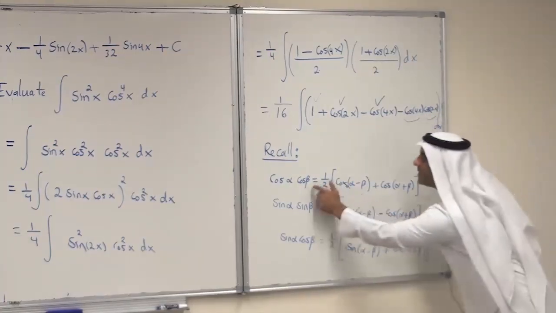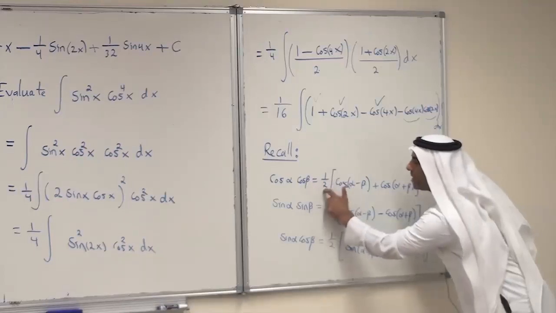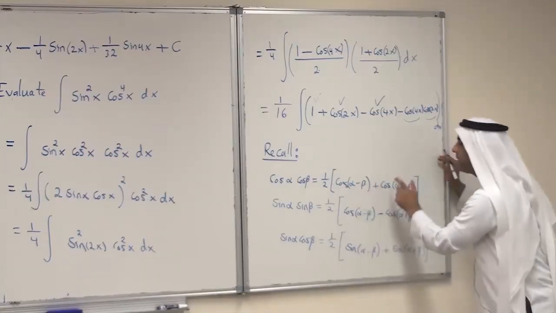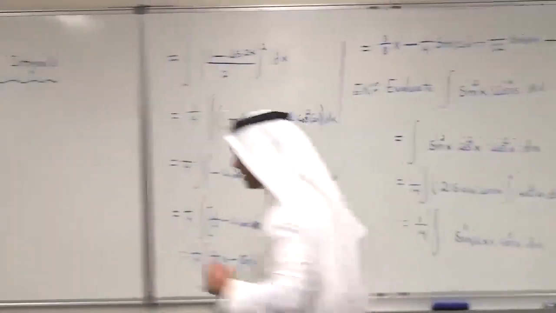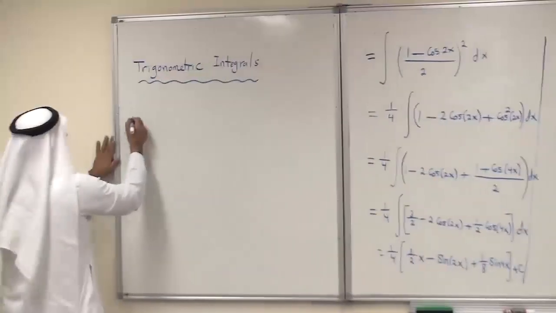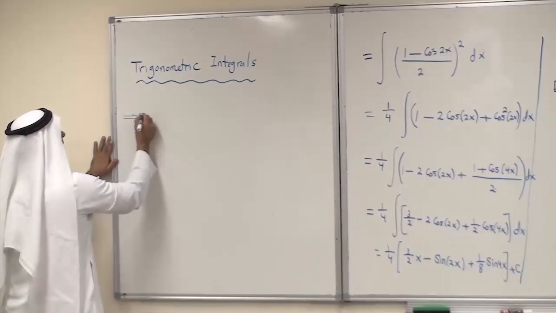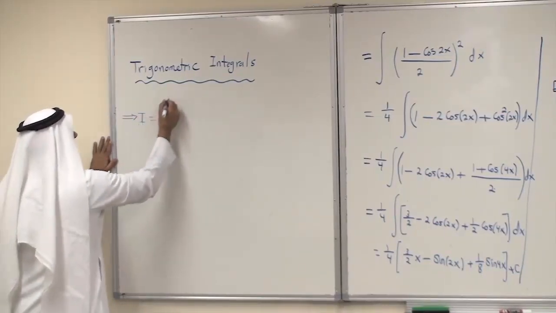So I need to use this identity to simplify. I will use 1/2 cosine the difference plus cosine the sum. Let us do that before we integrate. So what is the next item here? This implies our integral I will be equal to the integral of